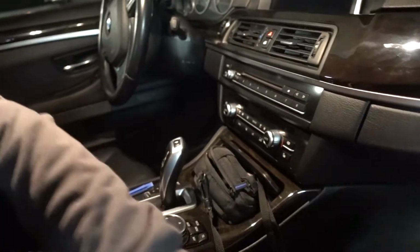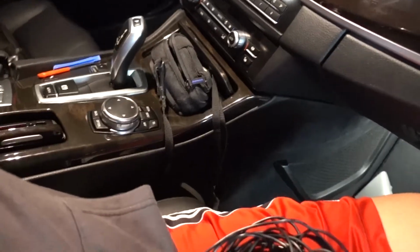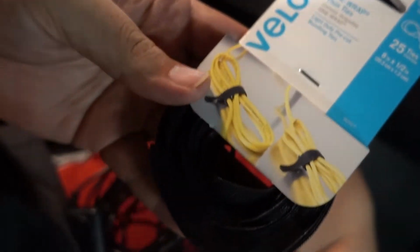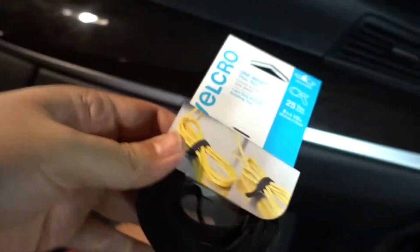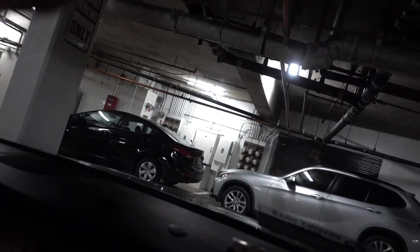So now it's time for installing the power, which is right here. Now this is a lot of cables and I don't really need this much. So what I'm going to be using is these cable ties to tie it off in the bottom. That's what you need the cable ties for. And you also want to use the cable ties to secure it onto the car. You want to secure it pretty tight both ways, and you want to put some tension on the actual line itself so that it doesn't rattle. The double-sided tape is for when you put it up in here. Like I said before, you don't want that wire coming back out, so you want to put some double-sided